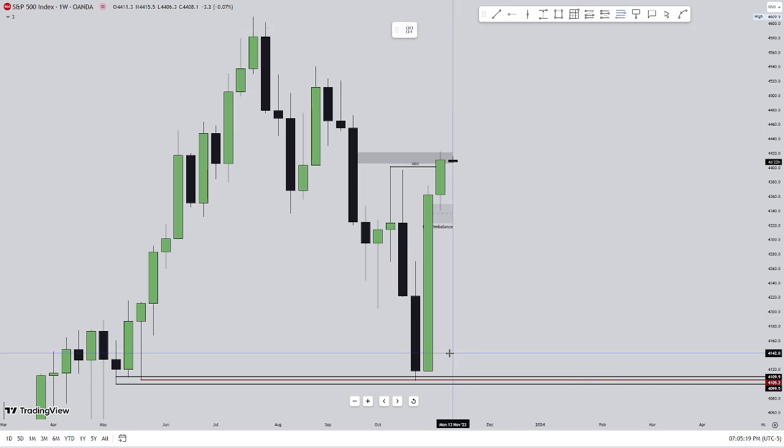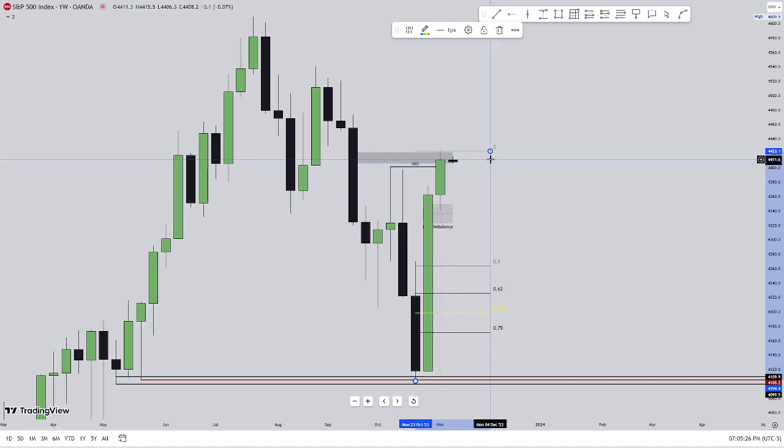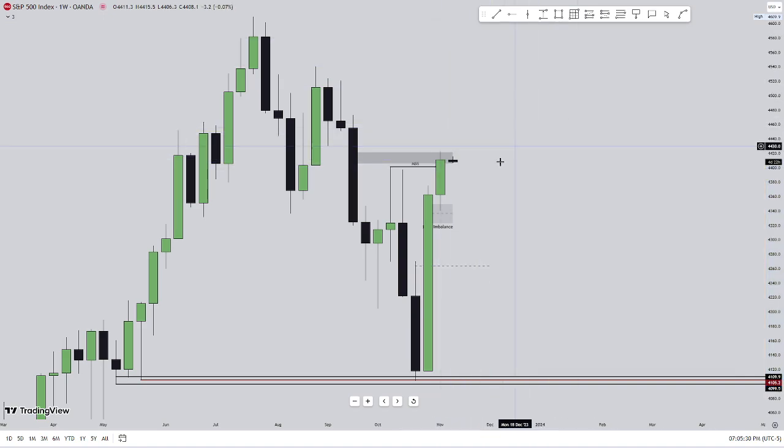So you draw the fib from the swing low to the current swing high, which would currently be wherever we close the weekly. You draw your mean threshold right here. This would be the 0.5. So this is the discount area and this is the premium area. Let me just draw this out so you guys can understand.